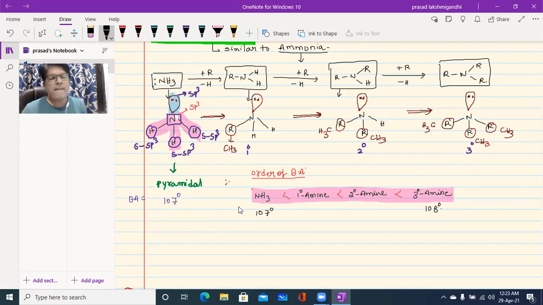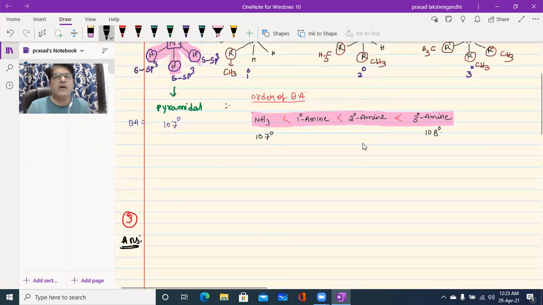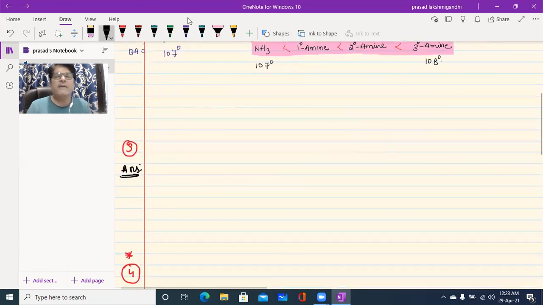That's it. Now in the next topic we are going to learn optical activity of amines. So please, you can take a screenshot of this, or note down the topic I covered over here. Otherwise, you can pause the video and take the screenshot, or just take notes while I'm explaining. Okay, now the next point I'm going to explain.